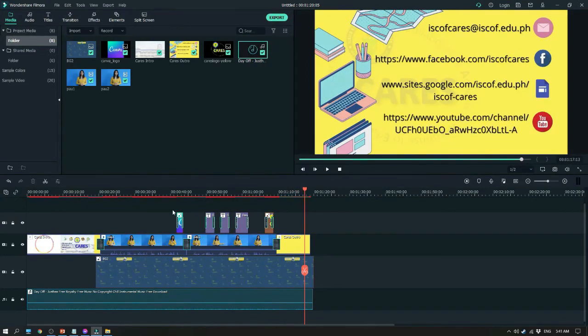Alright, so that looks nice and sounds nice to me. So let me just wrap things up. In order to finalize our project, since this is still in Filmora file, what we need to do is to export this or render this file into an actual video. So to do that, just click export